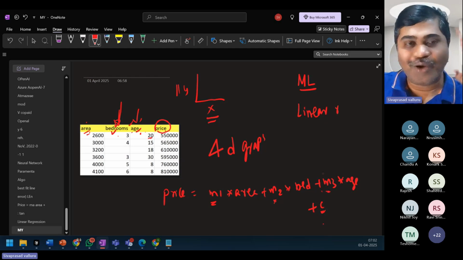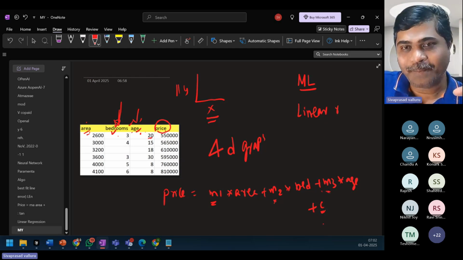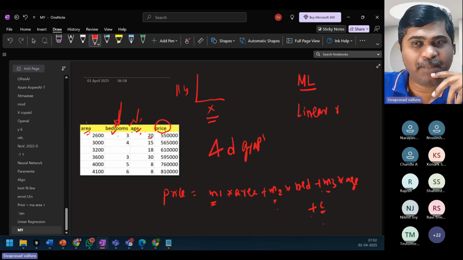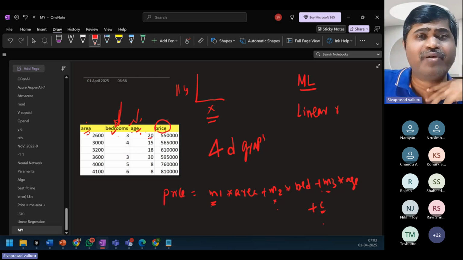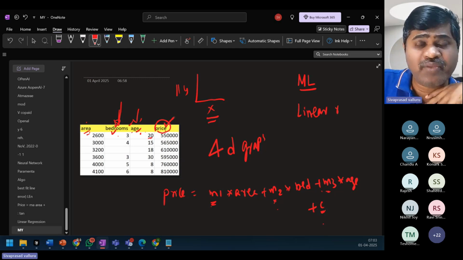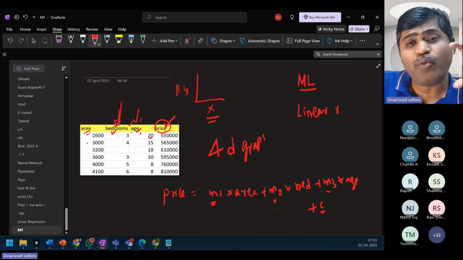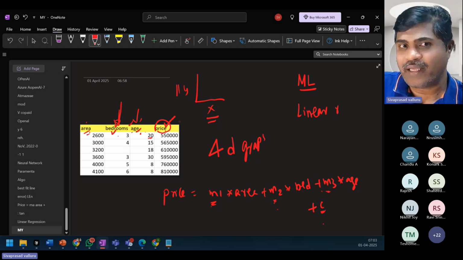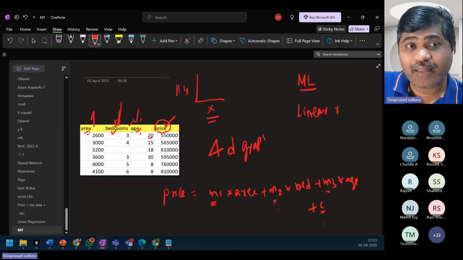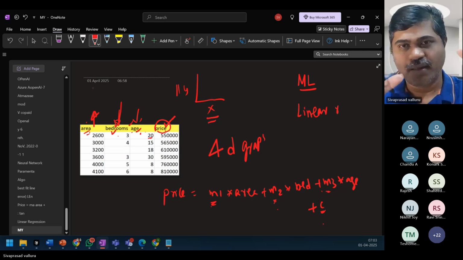Now I want you to visualize one thing. What is the real impact of these M1, M2, M3, and C? Whenever we decide the price of a house, think logically, which will have more weightage while calculating the price? Definitely the area, how many square feet.